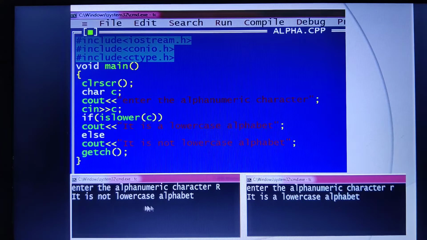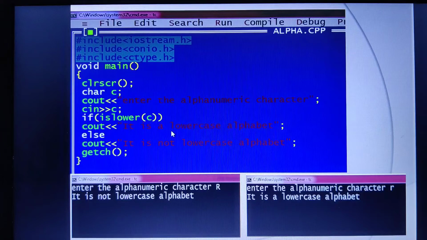Similarly, when I give the lowercase alphabet r, it will check islower of small r. Since it is a lowercase, the true part of the statement will be executed.